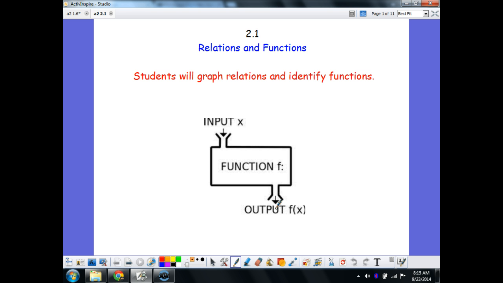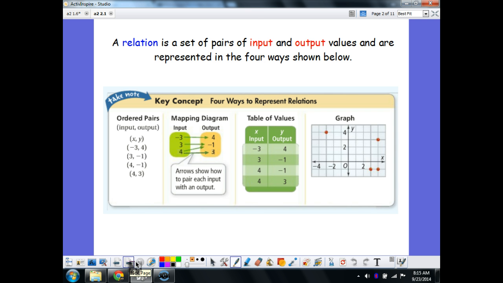And then tomorrow in section 2.7, we're going to look at special types of functions, the absolute value functions and graphing those. So this is just kind of an introduction into relations and functions. And the first thing we're going to look at is different ways. There are basically 4 ways we can represent functions